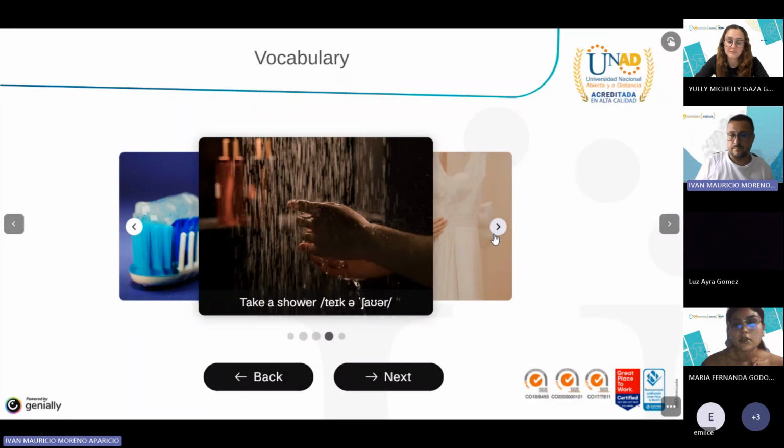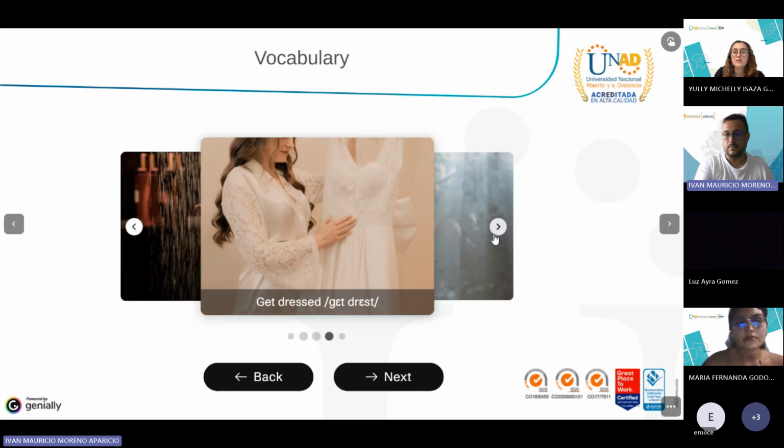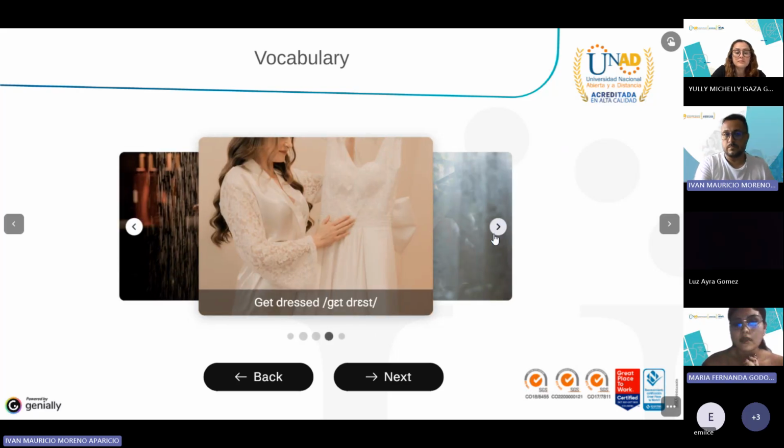Body, and it too depends of the person. In my case, I love to do it before to go to the bed and in the morning. Okay, the next. This expression, get dressed, is when we wear clothes. It depends to the person too, because it can be a shirt, pants, or it depends. Okay, the next, please.